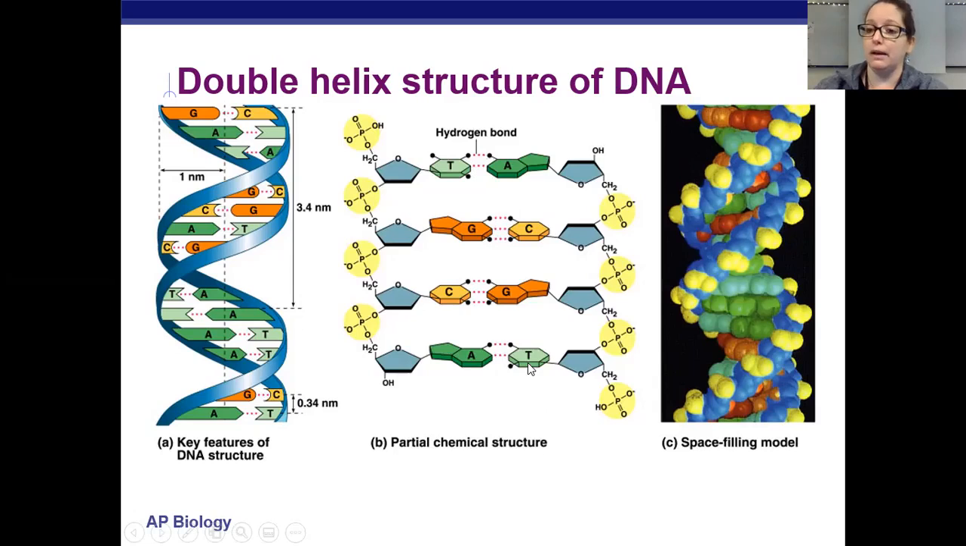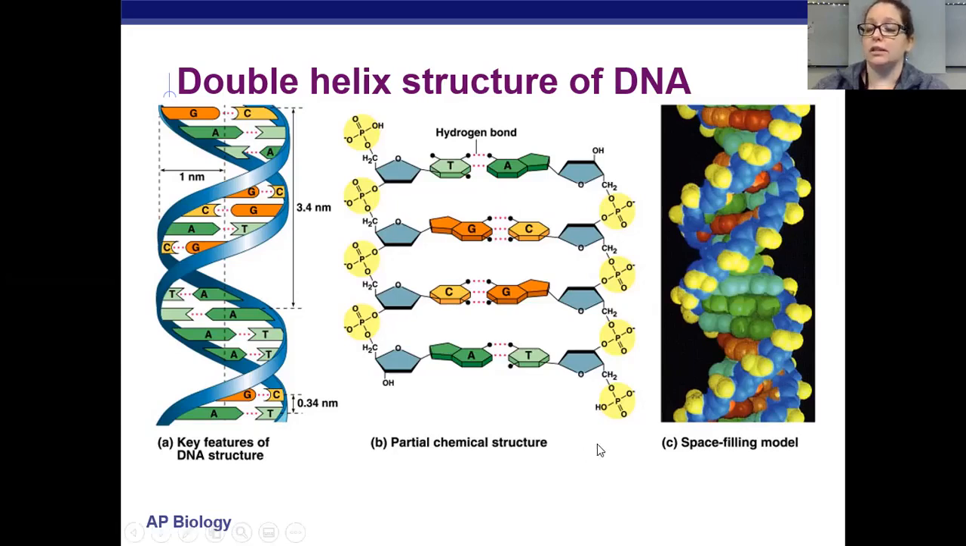Adenine and thymine always bind together. They have 2 hydrogen bonds. Cytosine and guanine always bind together. They have 3 hydrogen bonds between them. It's always going to be 3 hydrogen bonds for cytosine and guanine. It is always going to be 2 hydrogen bonds for adenine and thymine. Remember, please,